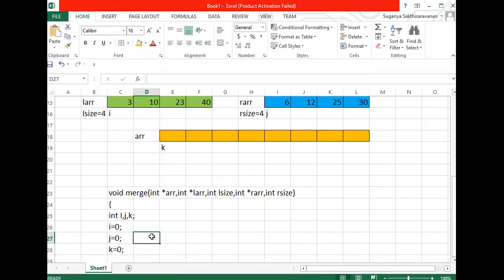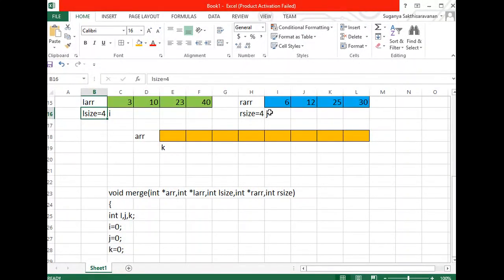After initializing these, now we are supposed to apply the condition for merging these elements. I'm going to traverse this left array until my I value is less than my L size. The reason is, how many index positions are we having? We are having index positions 0, 1, 2, 3. So until your I value is less than your L size, this pointer will be traversed.